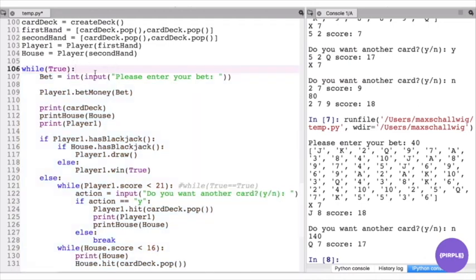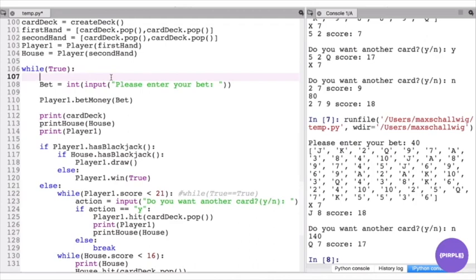The first thing that we need to do before we even ask for the bet is check if the deck needs shuffling. So the first thing that we do before anything is check, does our deck have enough cards? Now what is the condition for having enough cards? Well, let's say we have no less than 20 cards. So if our card deck,